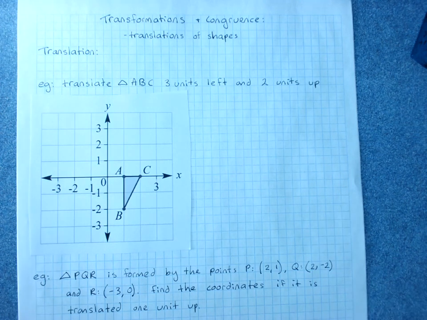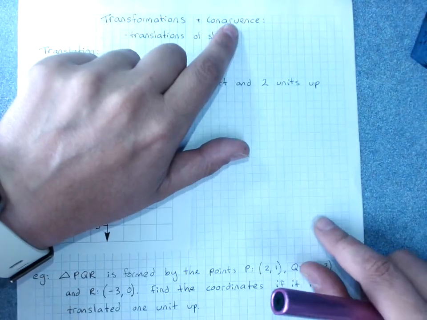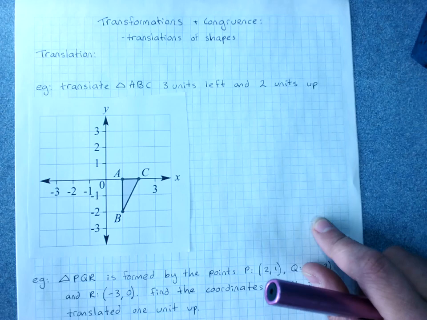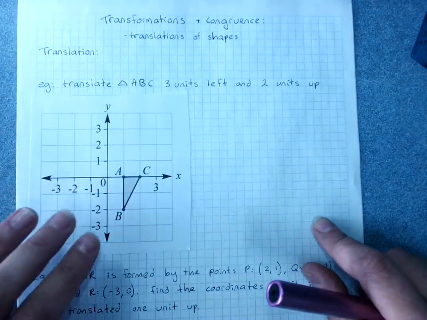Transformations and congruence, translations of shapes. Congruent shapes are shapes that have the same shape, the same size, same side lengths, the same angle sizes, and